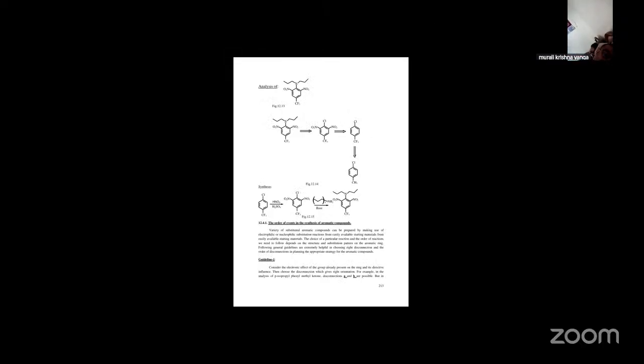When a functional group interchange is involved, guideline 1: consider the electronic effects of the groups already present on the ring and their directing influences. Then choose the disconnection which gives the right orientation. For example, in the analysis of para isopropyl phenyl methyl ketone, disconnection of E and B is possible, but